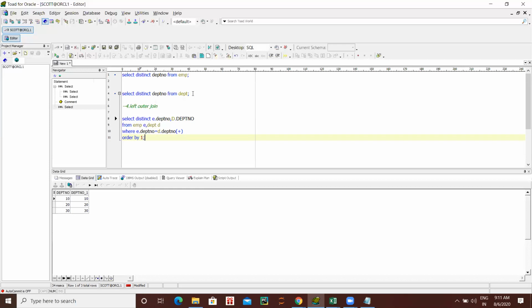If there are, let's say, department 100 or 99 something, which is not there in the other table, that time it will give those records also. So this is called left outer join. That means whatever is on the left side, it will give all the details. This can be written in a different way also. This is the old fashion, giving the plus sign. You can write the same thing, copy paste.